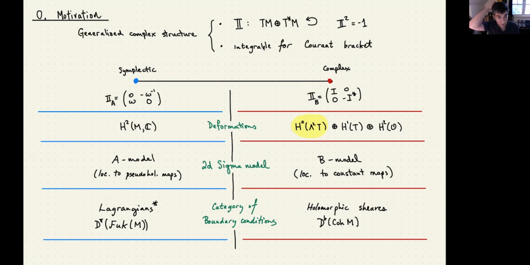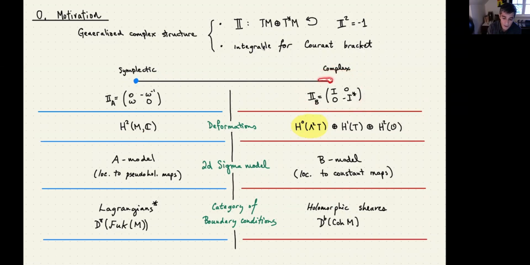Now, one of the first things that we studied was the deformation theory of these objects. One obvious question was, if I started with a symplectic form, and wanted to deform in the moduli space of these structures nearby, what could I obtain? The answer is that you get a complexified Kähler class, as physicists call it. This had maybe twice the dimension that you may have expected because of this B-field deformation that occurs here. The one that I want to focus on today, however, is what happens when you deform from a complex